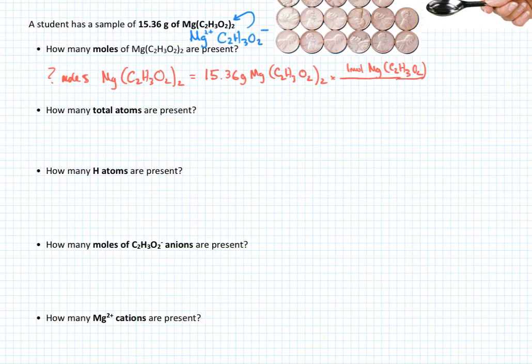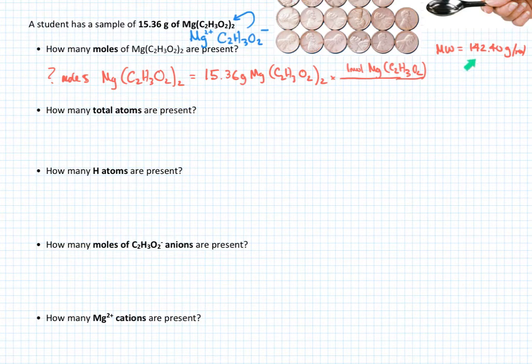And how do we find the molar mass? We need to take the mass of 1 magnesium, we need to take the mass of 2 times 2, 4 carbons, 6 hydrogens, 2 times 3 is 6, and 4 oxygens, 2 times 2 is 4. If you want to take a minute and calculate it and then come on back, we'll continue the video in a second. So you should have calculated a molecular weight for this of 142.40 grams per mole. All right, and when we do our calculation then, we need to get rid of grams,